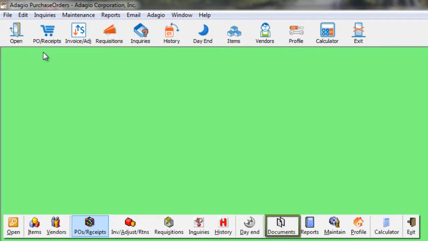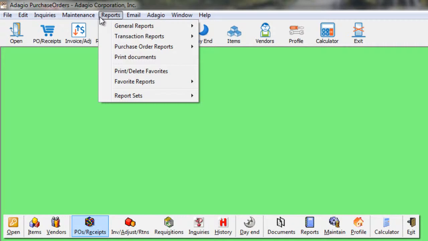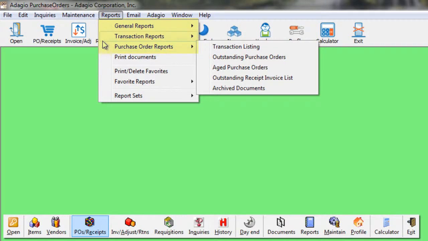The Documents button for printing specifications is no longer a toolbar button. Instead, it can be found from the Reports menu and Print Documents. You can also print documents directly from the entry screens. The Reports button has also been removed, and instead reports can be found from the Reports menu and the particular report